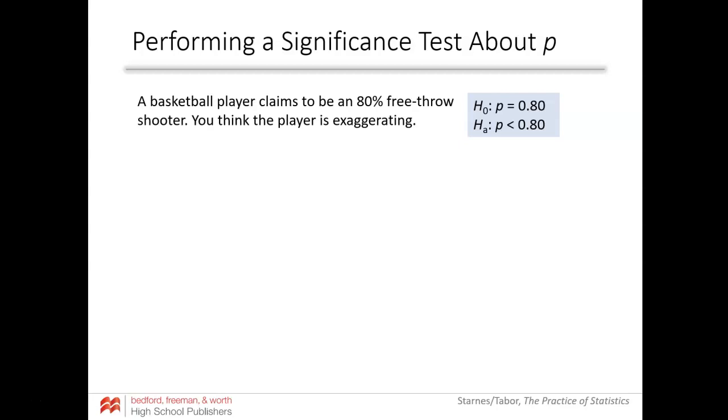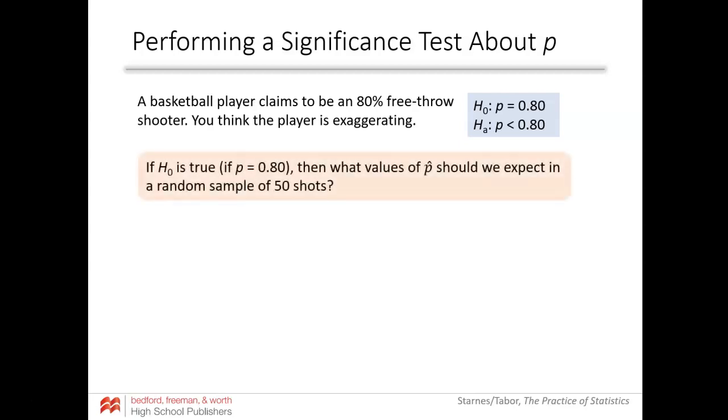And, well, apparently we're moving on to a new problem. A basketball player claims to be an 80% free throw shooter. You think the player is exaggerating. So the null hypothesis is that his true proportion is 80%, and the alternative hypothesis is that it's less than 80%. So if the null hypothesis is true, then what values of p hat should we expect in a random